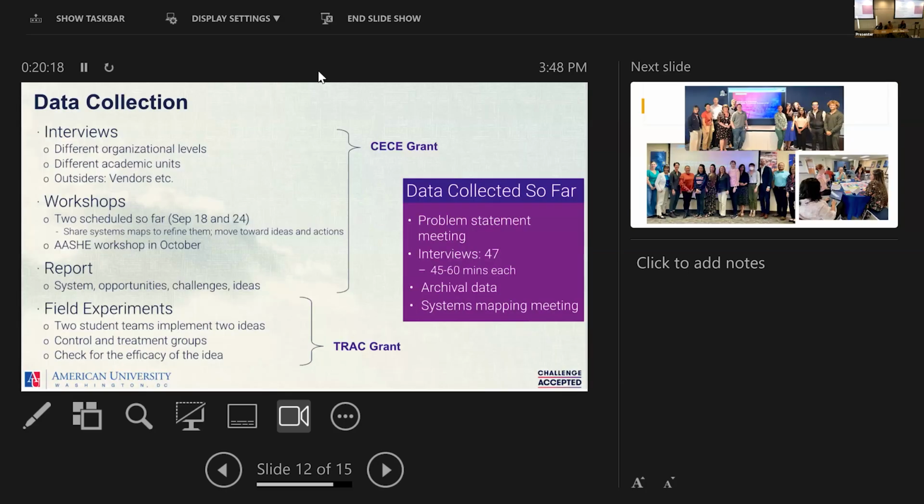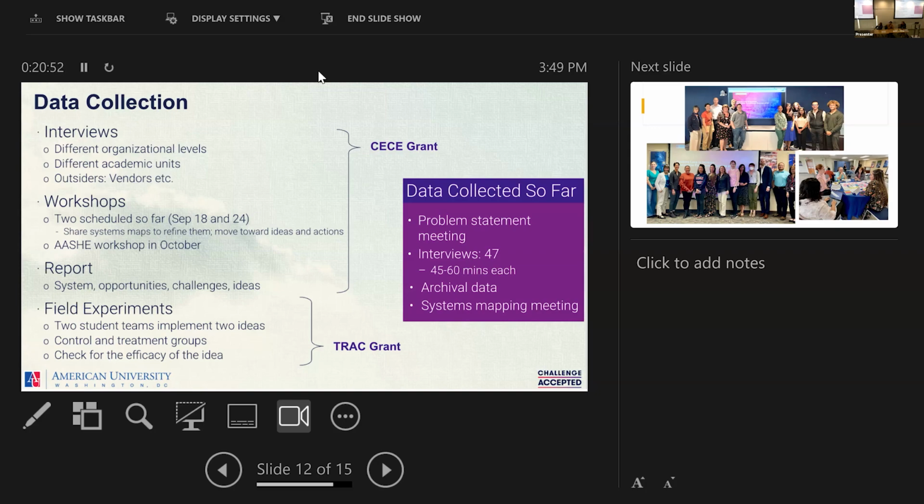The way that we chose to approach this problem is through a few different research methods. First, we wanted to interview stakeholders all across campus. So we partnered with Megan, Eleni, and the procurement department. We basically took the org chart of AU and tried to get folks all across the org chart, from leadership up at the top, to staff, to students, and everyone in between, to make sure